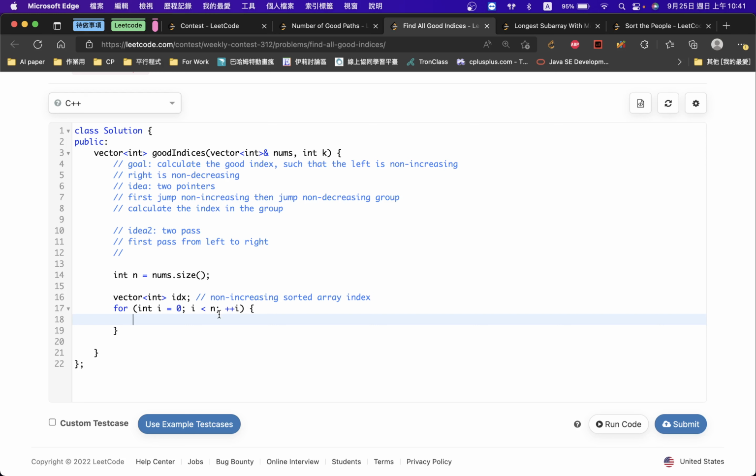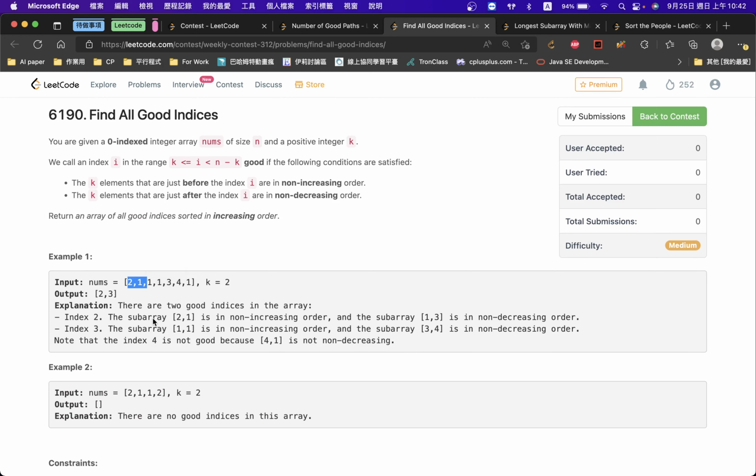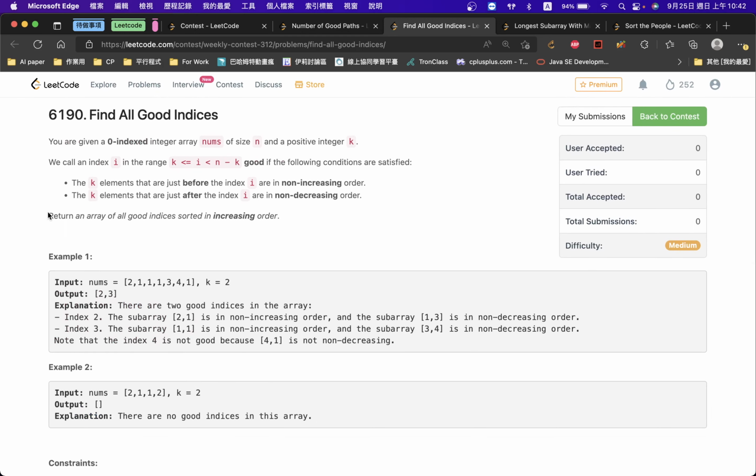okay, sorry. Okay, so if the index is empty, or this value is greater than the index back, now in this example we made this value true, right? And